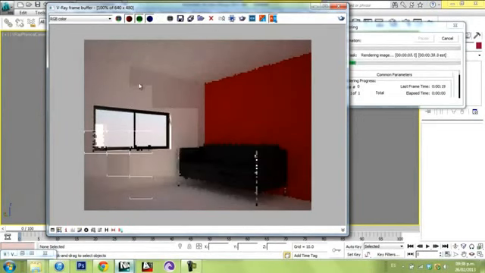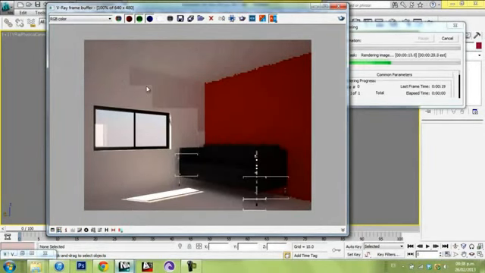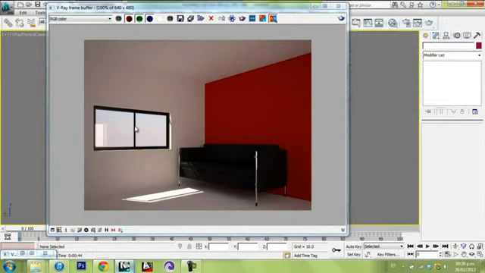As you can see, it is not affecting our illumination, so we don't lose render time and adding some extra lights just by excluding this. This is a very easy and fast way of rendering